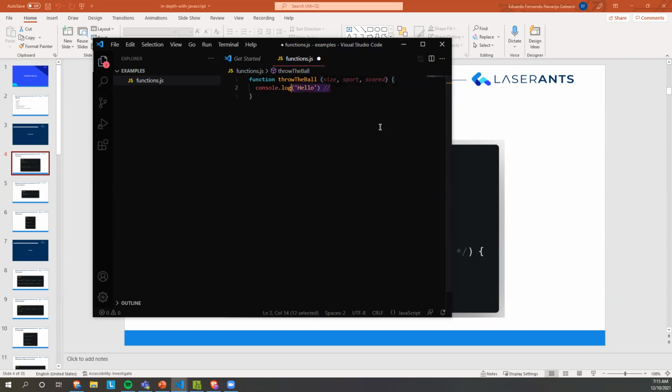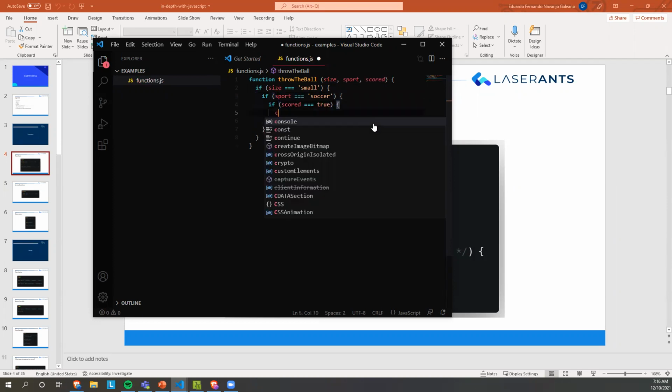Okay, so I'm going to say here that if size is equal to small, then I can do something like if sport is equal to soccer, and if score, by the way, this is something that you don't really want to do, nested ifs, but this is only for example. Score is equal to true, then we're going to return a string that says